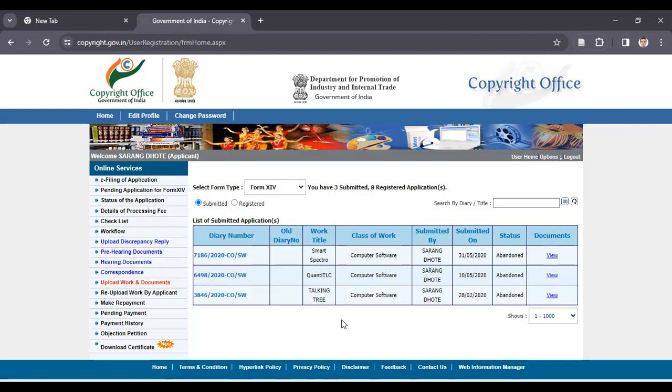अभी दूसरा सवाल ये है कि अगर सपोज मेरा पेमेंट फेल हो गया, if suppose पेमेंट अनसक्सेसफुल है, तब देखो यहाँ पर इस केस में, मेक अ पेमेंट, मेक अ रीपेमेंट, इस पर अगर क्लिक करोगे तो यहाँ पर आपको एक डायरी नंबर दिखेगा या फिर आपका वर्क नंबर दिखेगा जो पेंडिंग है, उसके ऊपर क्लिक करना है। फिर अगेन वही पेमेंट का ही आपको ऑप्शन करना है, so that पेमेंट करना है। अगर सपोज एक बार हो रहा है, 2 बार हो रहा है, तो रुक जाना, एक दिन के लिए रुक जाना, फिर से इसको अटेंड करना।